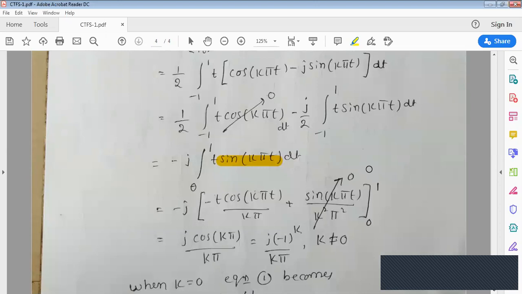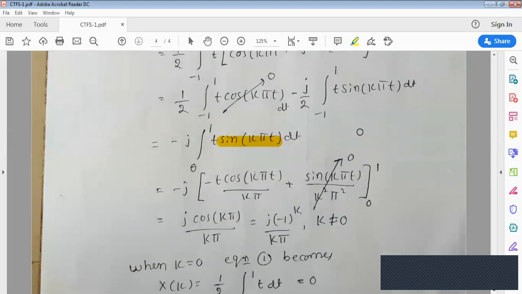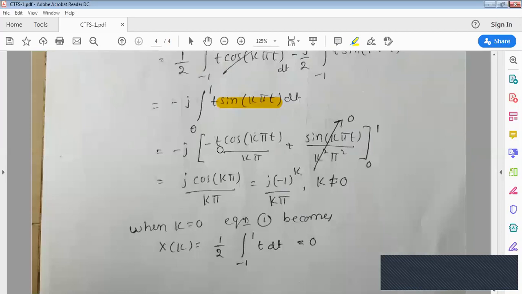Otherwise, you have to integrate separately. Integrate this one, put the upper limit and lower limit. That's all. How you do it is left to you. This is one method I'm showing you. Again, when you apply this, sine of pi is 0, sine of 0 is 0. So you get this value. Apply the limits for the integration. When it is 1, it will become 1 minus of minus plus j cos of k pi by k pi.